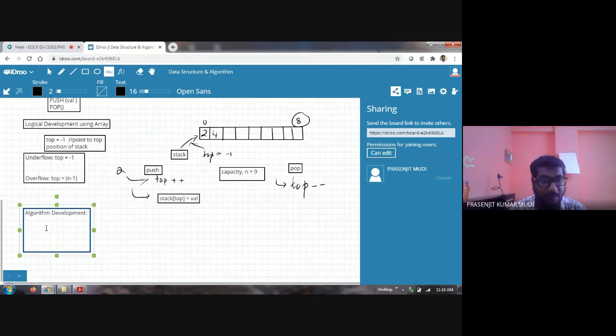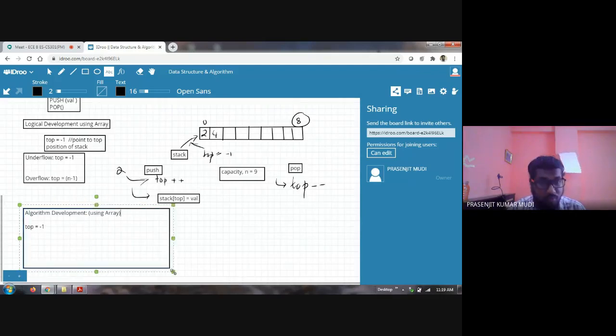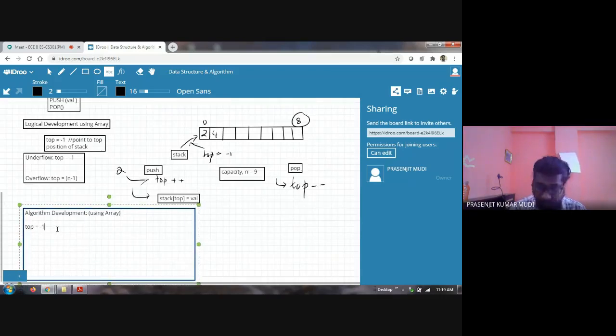Okay. So initially we have to do top equal to -1. The algorithm development using array I'm doing, very easy. Okay, top equal to -1. This memory allocation is already there and its name is stack, right? So just top equal to -1, and then